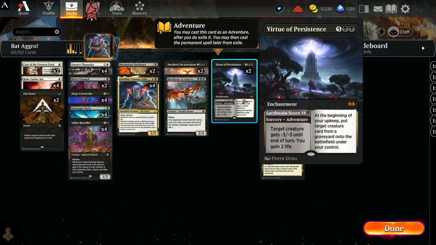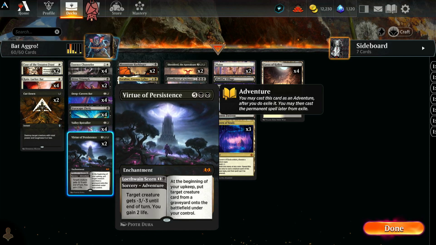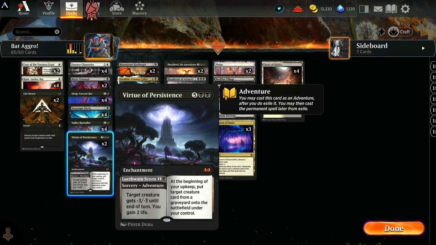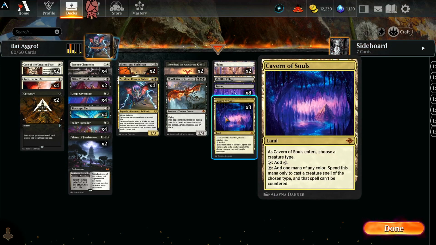Then we also have more life gain on the Virtue of Persistence being one of our choice spot removals too, as a 2 of in here. I don't think we're going to be casting this on the enchantment side very often, but I guess you never know. Also in the mana base, we have Concealed Courtyard as a 4 of, Restless Fortress, 3 Cavern of Souls,